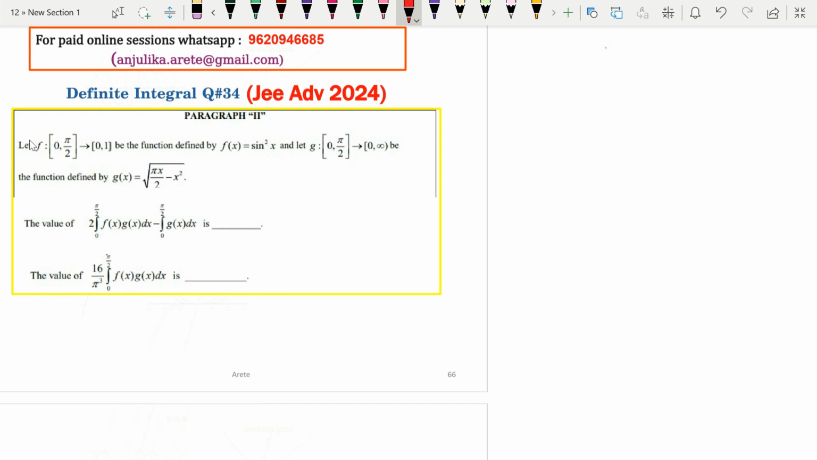We have a paragraph question here. This is the paragraph given to you, and two questions are asked here. Function f is given to you, function g is given to you, and they are looking for these